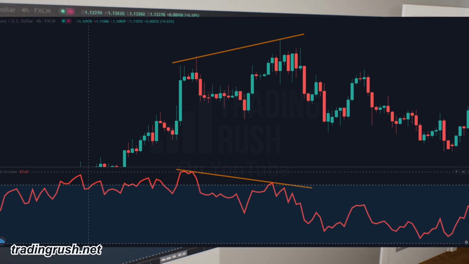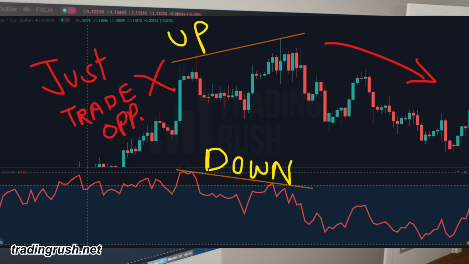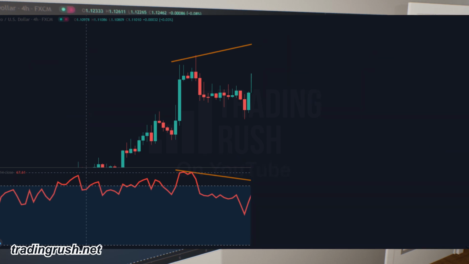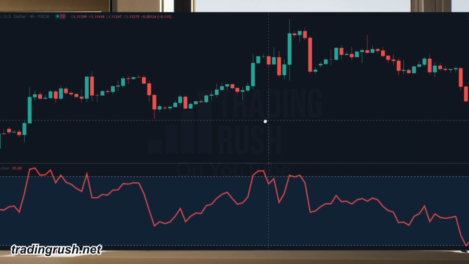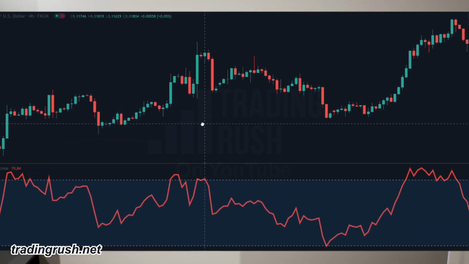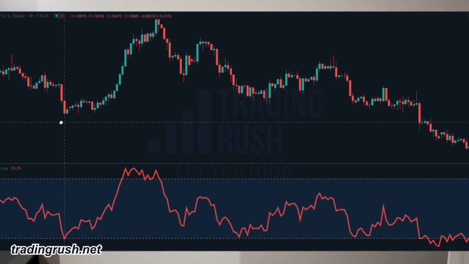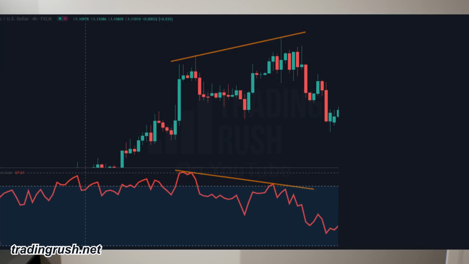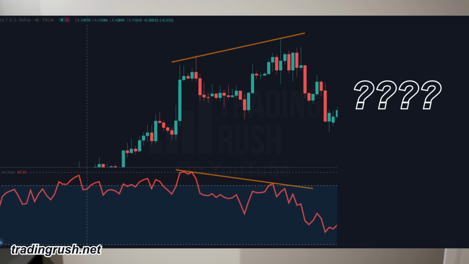Now, a lot of people will tell you to take trades in the opposite direction of the trend when the divergence occurs. I don't recommend it, because there is a big problem with taking trades like that. You see, when you spot a divergence, price won't immediately go in the opposite direction. It can continue to move in the same direction before finally changing the trend direction. And when it will change the direction, there is no guarantee that it will go in the opposite direction. The price can simply go sideways for a while, and can continue to move in the same direction as it was before. So what's the use of the divergence then?